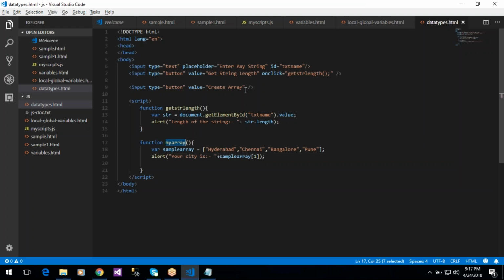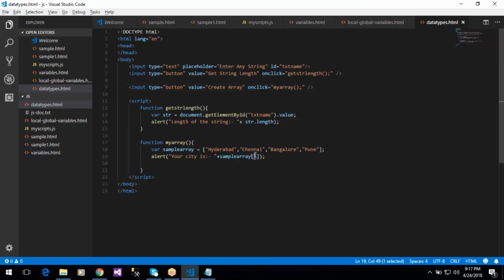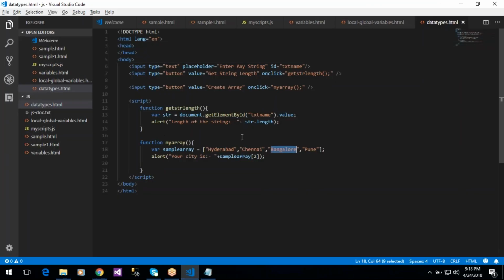So call this function, button and click. Okay, so your city is Chennai. And if you give the value 2, so the result is Bangalore. Okay, so like this you can get the individual values from the array. And if you want to display all values, all city names,